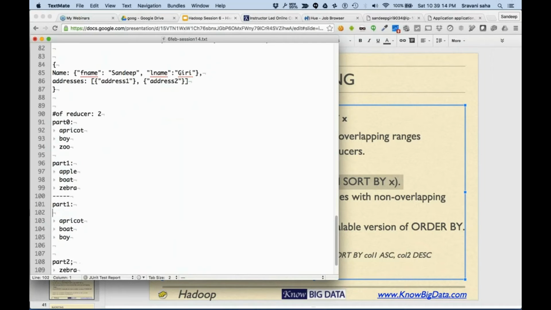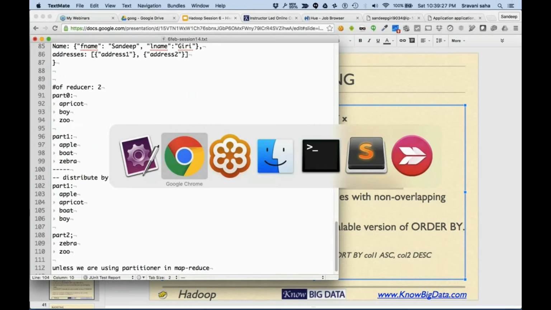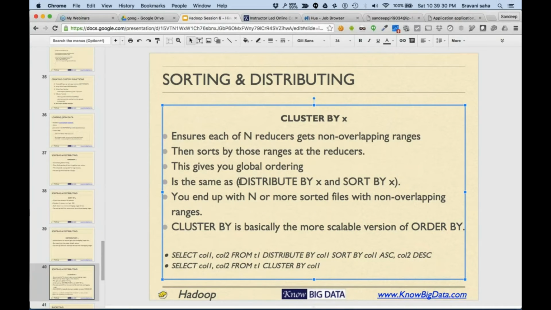Yeah, part 1 will contain something of this sort. So that's the difference. Distribute by essentially says we are going to use the MapReduce partitioner, and sort by says we'll have multiple reducers while sorting. If you combine the two, the result is the correct way of doing order by, and that's what is done by cluster by.